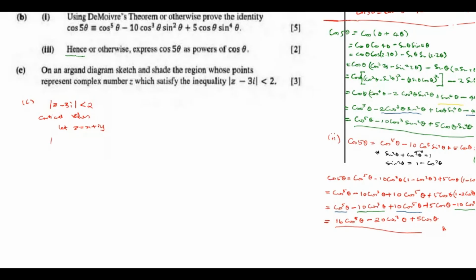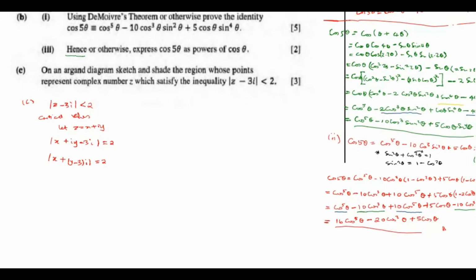We changed it because we just want to check the critical values. So we would realize that the real part is x, our imaginary part is y minus 3. This is our complex number, equal to 2. So if we check the modulus of this, it's going to be the square root of x squared plus (y minus 3) squared